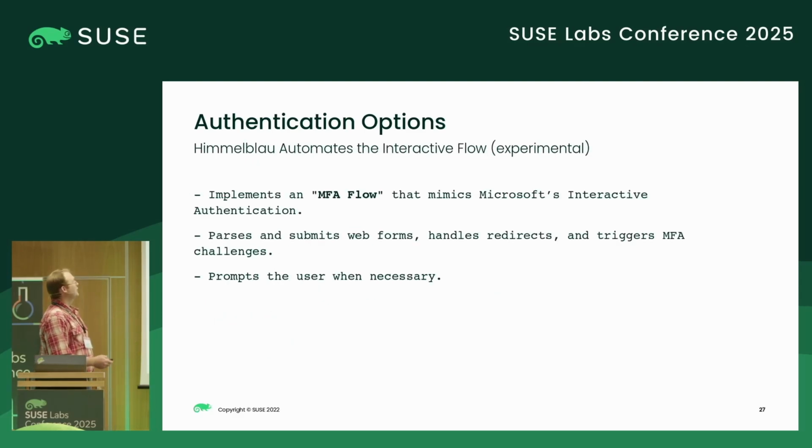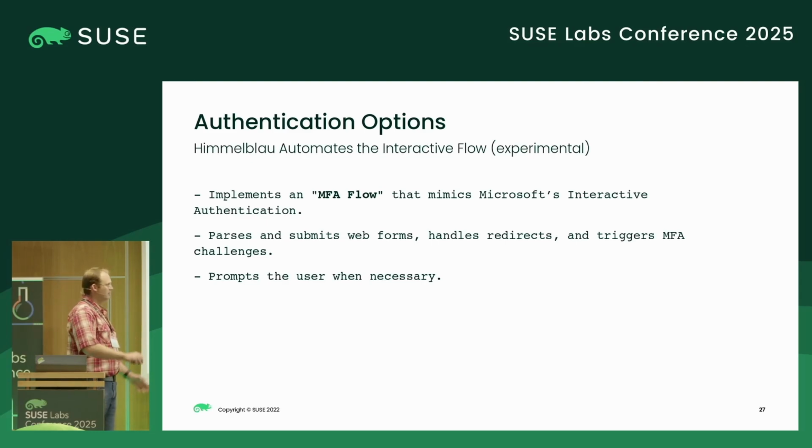Okay, so Himmelblau actually automates the interactive flow. That's what you saw when I was authenticating with MFA using my MS Authenticator app. That's what you saw in the demo. It's an experimental flow. Now, while it's experimental, I have tested a lot of scenarios with a lot of customers. I've tested with Chinese endpoints and US government endpoints, and they're completely different, by the way. And so far, most things work. But there are a lot of edge cases, and there are a lot of places that we are probably still